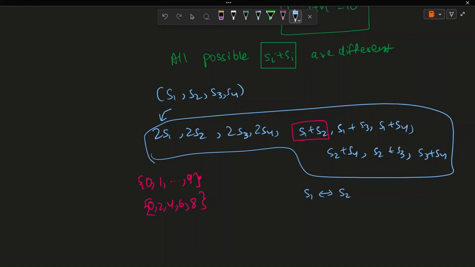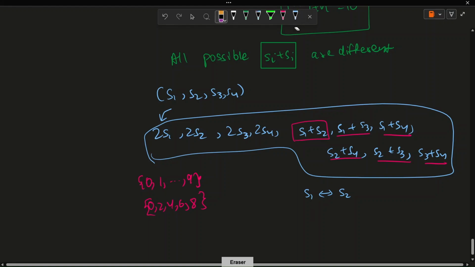Okay, so S1 has the same parity as S2, and notice that any two of these five numbers have to give odd remainders, because even remainders are already covered from the first five numbers. So all these sums have to give odd remainders. So all of them have different parities, which implies that